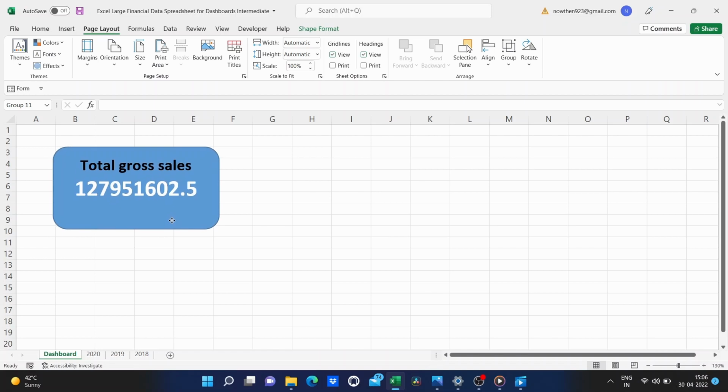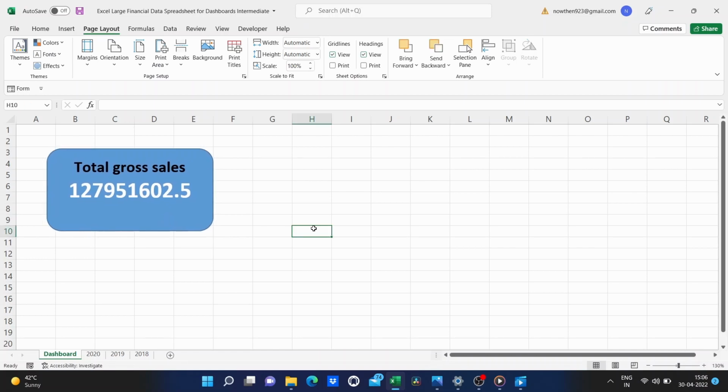Now that's just one way to create the beginnings of a dashboard. There's many other options that you could do. And instead of putting the title of what it is here inside the box, I could insert another shape and have it appear here. And so maybe I have another rectangle above, and that's where I put the text, and then I could group them together, but for now, I'm gonna stick with this. This is just a basic Excel dashboard.